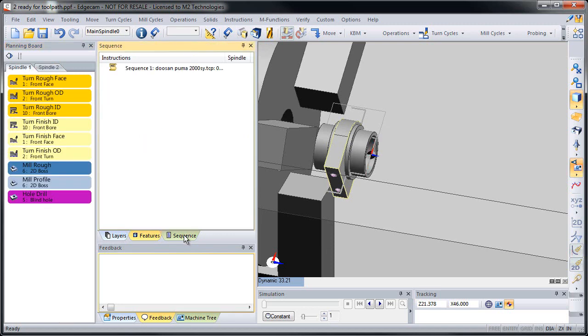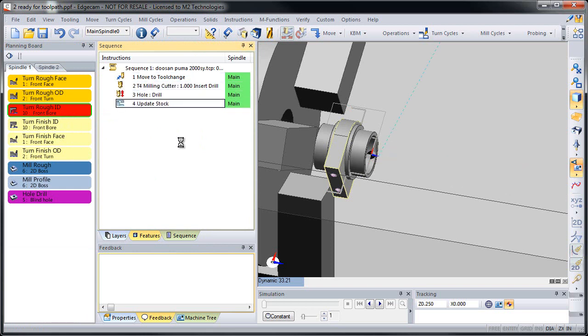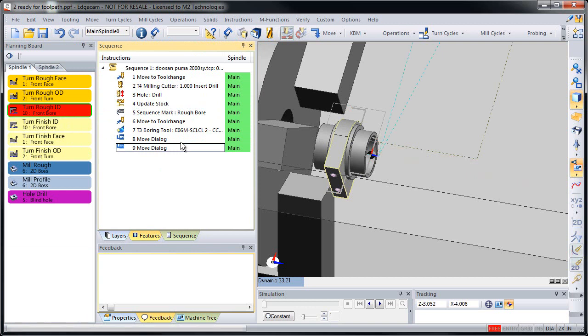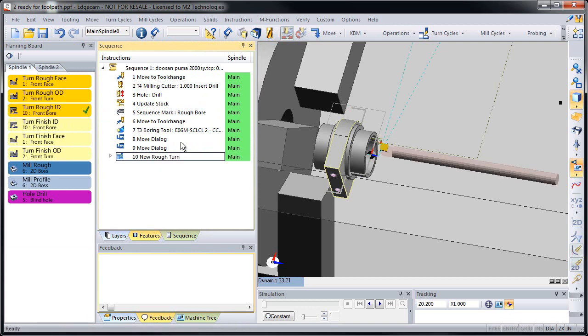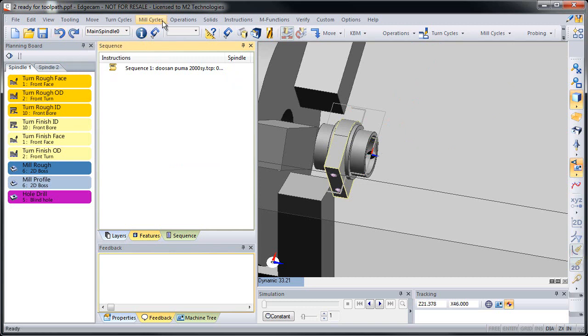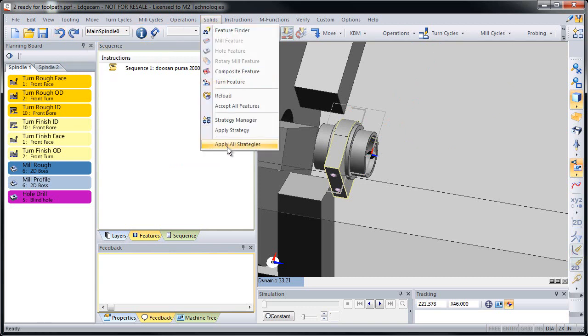Now, one of the ways to build the toolpath is to simply right-click over a single item that's in the process window and to apply that process to the part. And notice that as soon as you do that, all the toolpath dictated by that, in this case selecting a suitable drill for the bore and then a suitable boring bar, is done. I'm going to undo that, and I'm going to use a different method